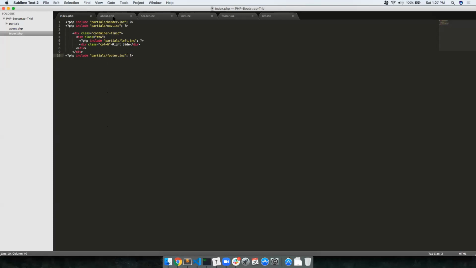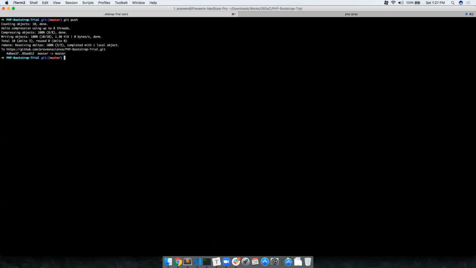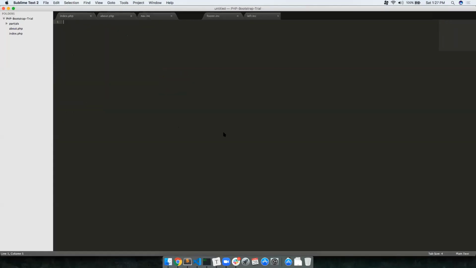Okay, and now let's quickly create a list of items on the left side as well. So we don't need this one, we don't need this one. This one is kind of like, okay, we have got this here. So we can also create these files as well. So what I'm gonna do now is I'm just gonna copy these things and quickly go to the terminal. Being a lazy person, I'm just gonna do